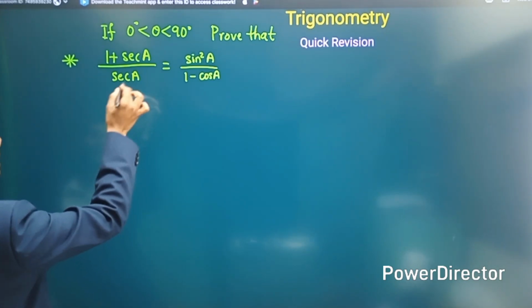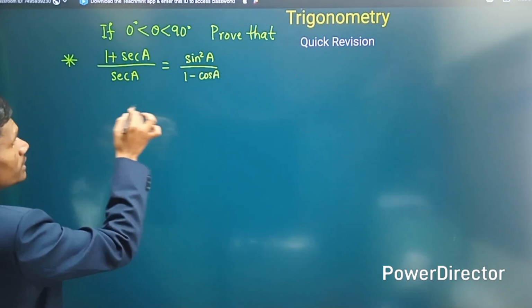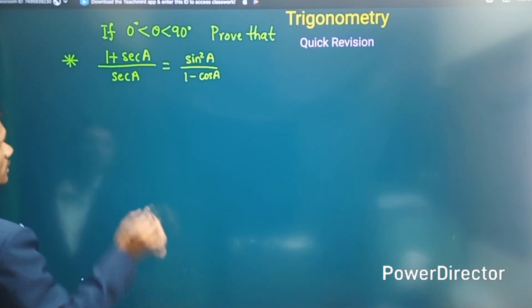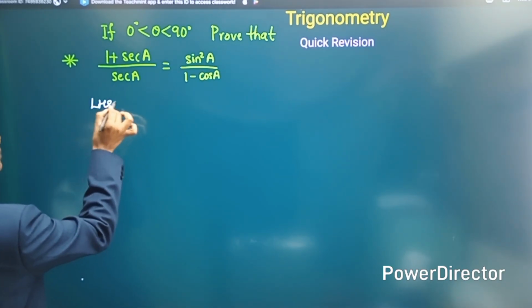Here 1 plus sec a upon sec a equal to sin square a by 1 minus cos a we need to prove. So here LHS is equal to